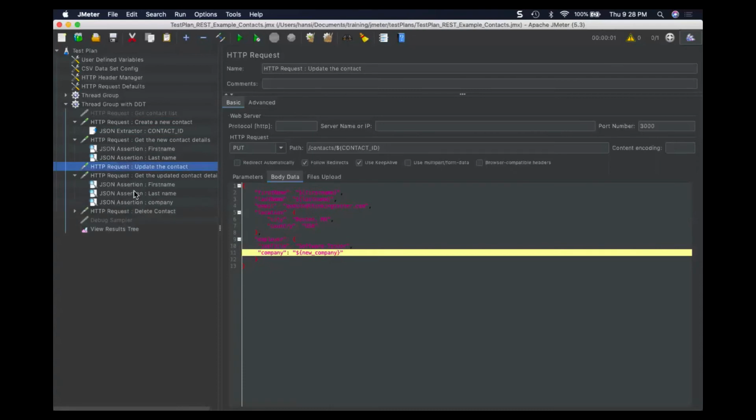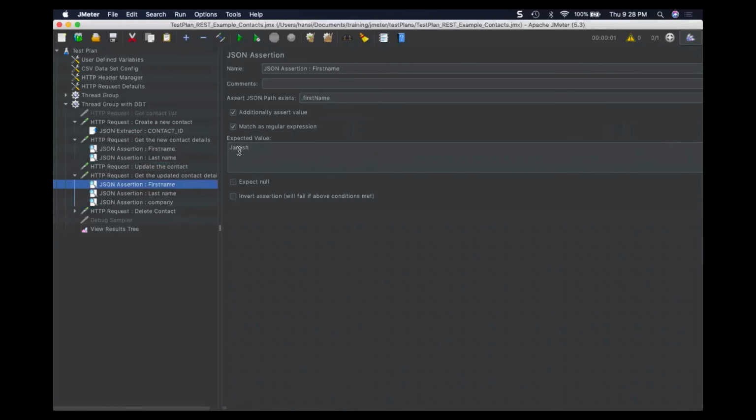Now in the next one, you also need to check this: dollar first name, dollar last name, and dollar new_company. This is case sensitive, so you have to be very careful.